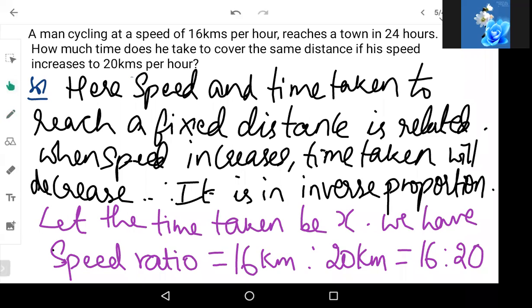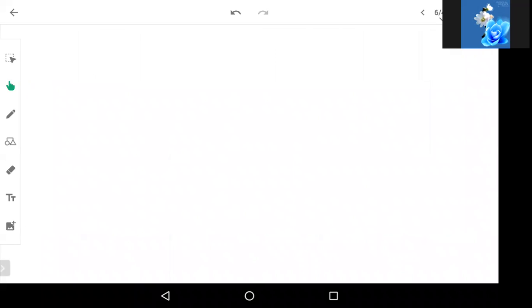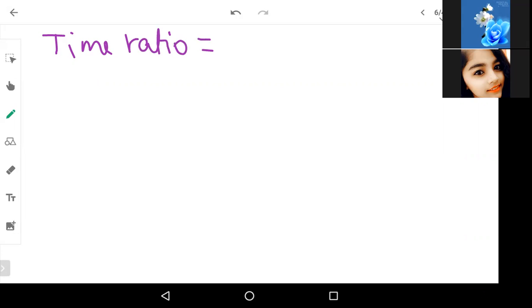Okay. Now we understood that speed was directly given. Apart from that, there is time. If he goes at 16 kilometers per hour, it takes 24 hours. Now they're asking how much is the time taken for 20 kilometers per hour. So that will be x. So next is the time ratio. For 16 kilometer speed, he will be able to reach in 24 hours. For 20 kilometer speed, we don't know, we have to find out. Okay, now put the ratios